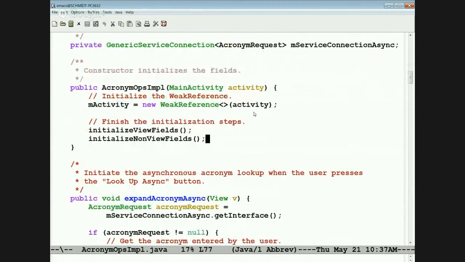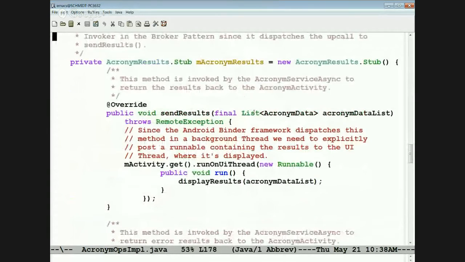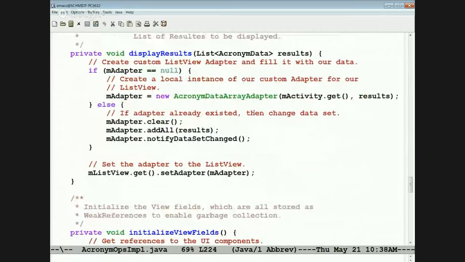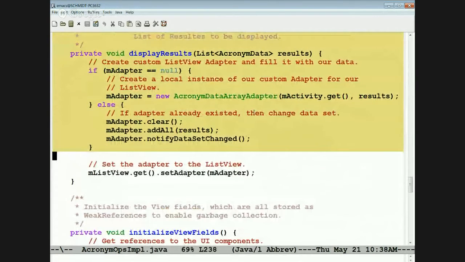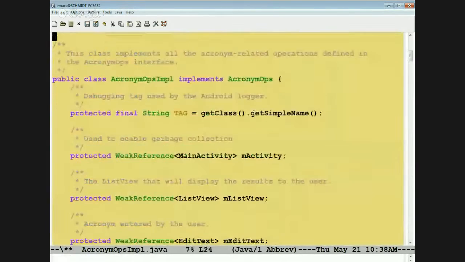Here's the constructor for AcronymOpsImpl. It creates a weak reference to the activity as always. It initializes the view fields and it initializes the non-view fields. I guess if I was really being good, I would move this stuff down. Let's do that, since otherwise it's cumbersome. All right, so